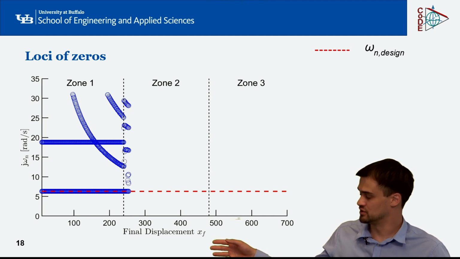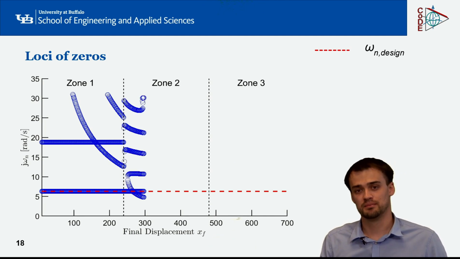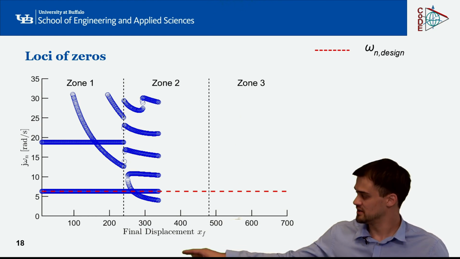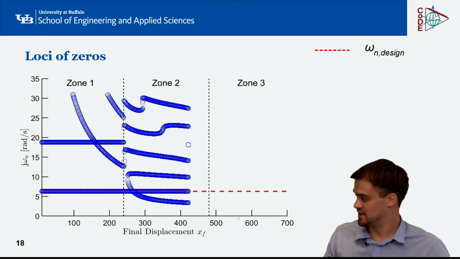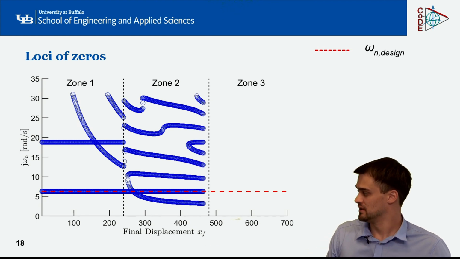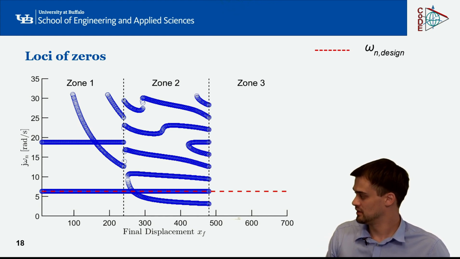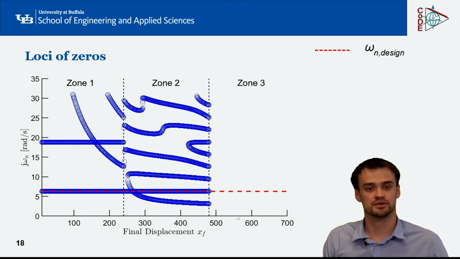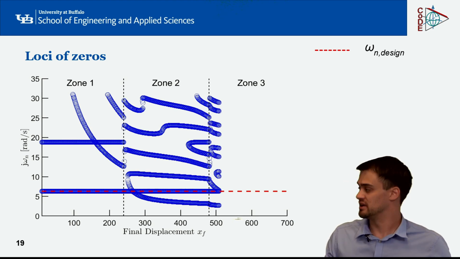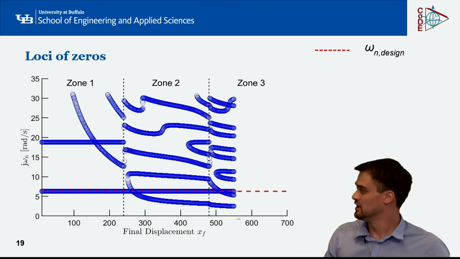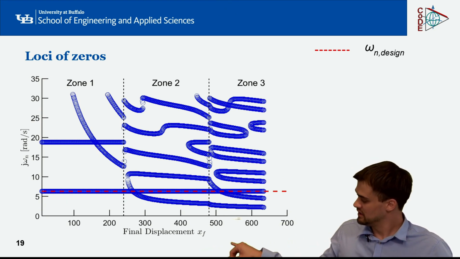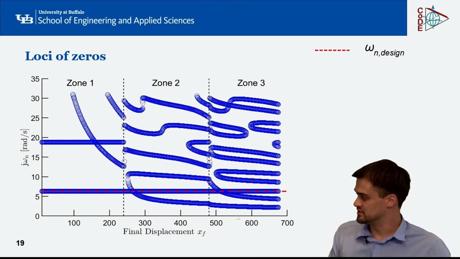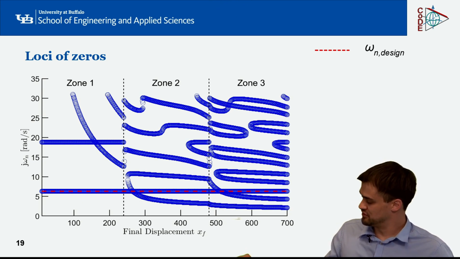If I'm, for instance, now moving to zone 2, you can see that more of those zeros evolve. And actually, a crossing at the natural frequency is happening as well, at a specific final displacement. I can spin the story a little bit further, for instance in zone 3, and we can see way more zeros evolving now, and the whole picture is getting very messy. However, I can observe again a zero crossing at my natural frequency,